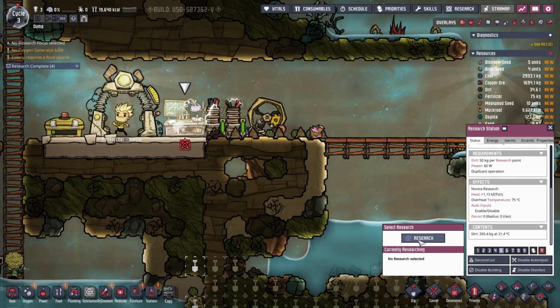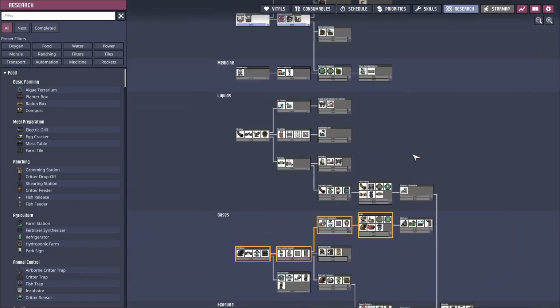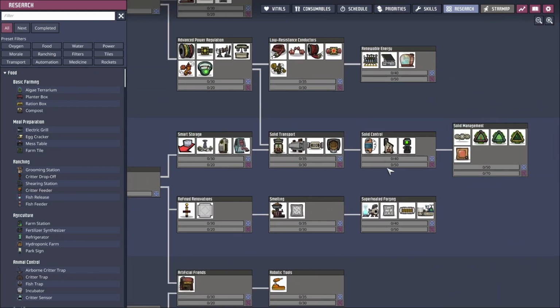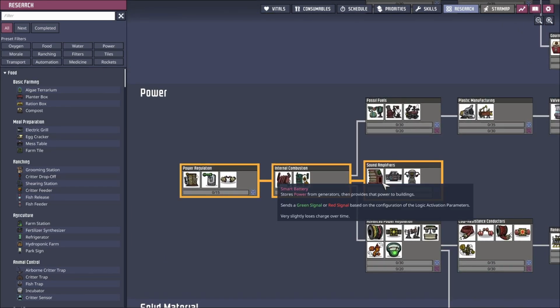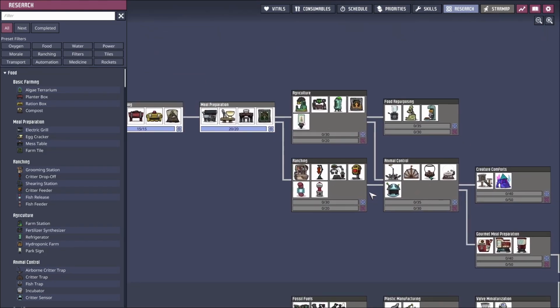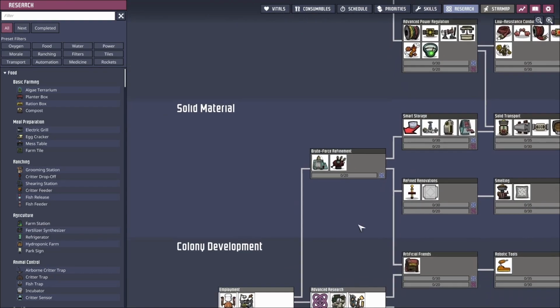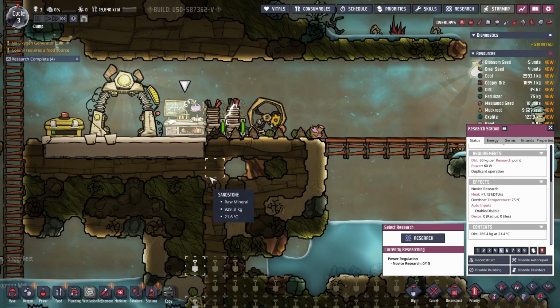He's already done with that. We may not need a researcher for much longer at this rate. We can't get the nature reserve yet. I think we'll start with this, and we'll also...